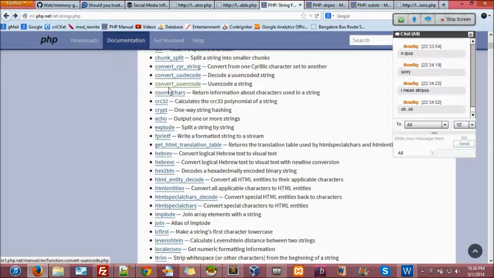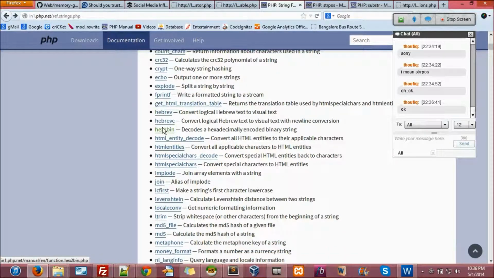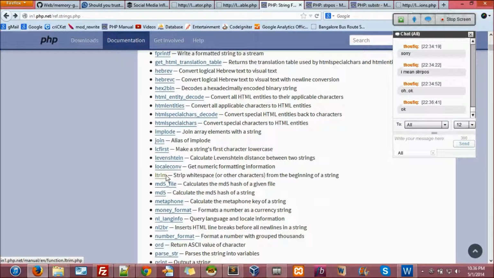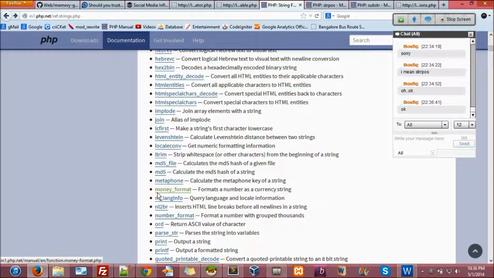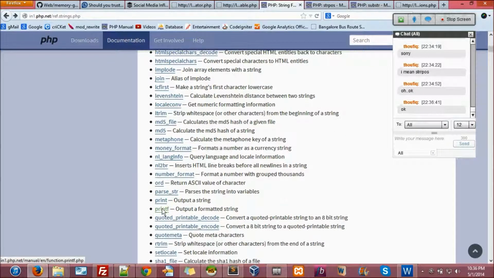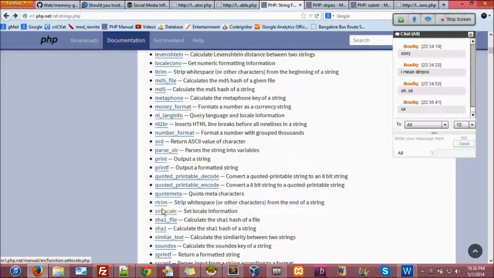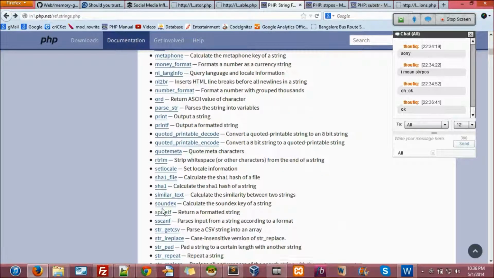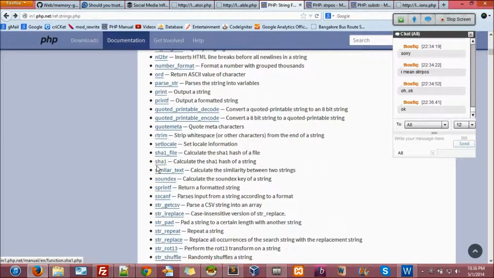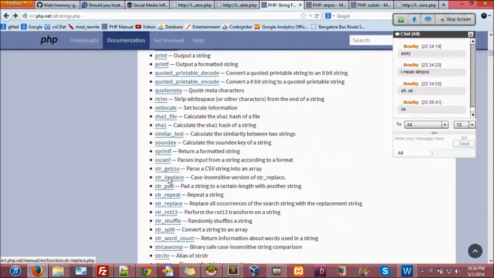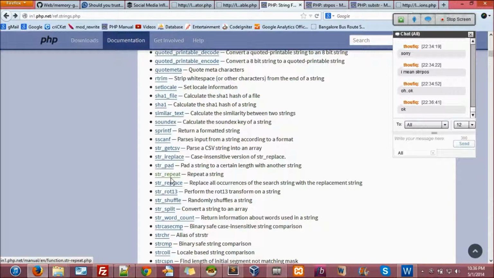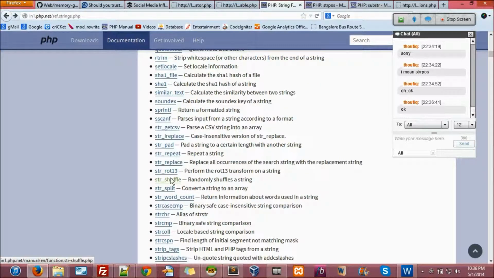So explode, starting from explode, htmlentities, htmlspecialchars, implode, MD5, nl2br, SHA1, str_replace, whatever, even if it's i, r, whatever. str_replace is important. str_shuffle is very, very important.